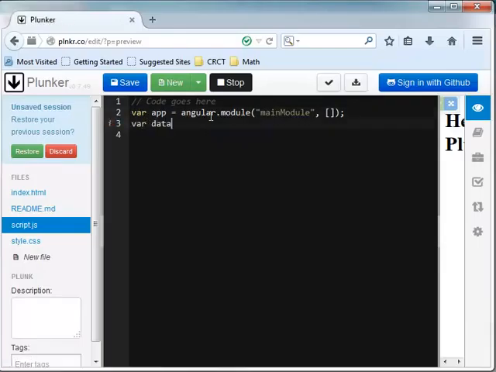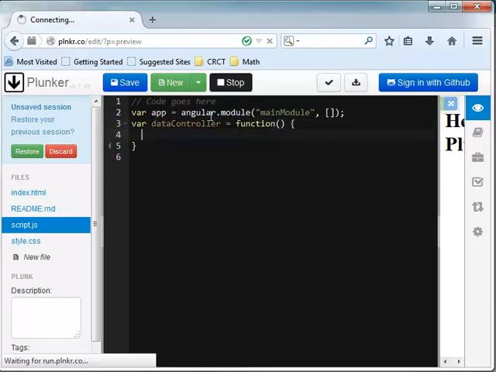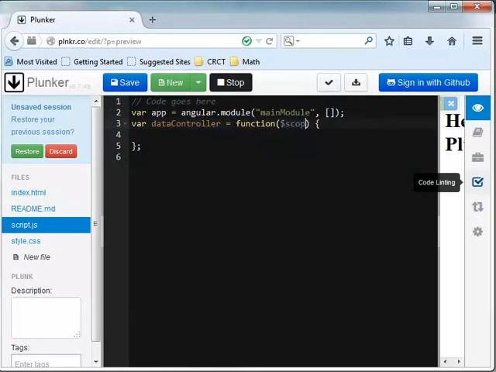All right, now in here I'm going to create my controller. Since I'm working with data, I'm calling it data controller, and that will be equal to function, and that function will be here. That's the body of the function. Now remember, I need to add things to the scope, so I need to say $scope here, and I'm using the HTTP service. I need to use $http. Okay, so I need to make sure that I have those available for me, and then when I'm done with my